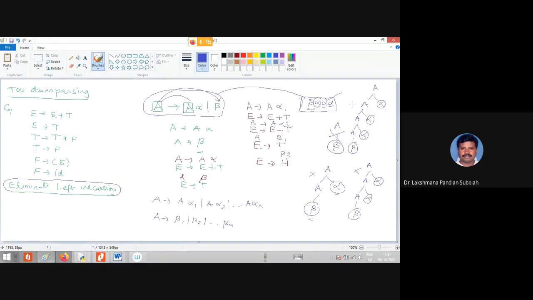So in that case of top-down parsing, if you are having left recursion, then here you have to go for many backtracking. So we have to go for trial and error for generating the parse, right? If you are eliminating left recursion, we can easily generate the parse. So we have to eliminate left recursion. How do you eliminate left recursion is, can you understand now?